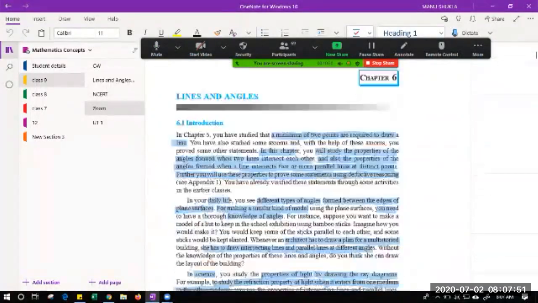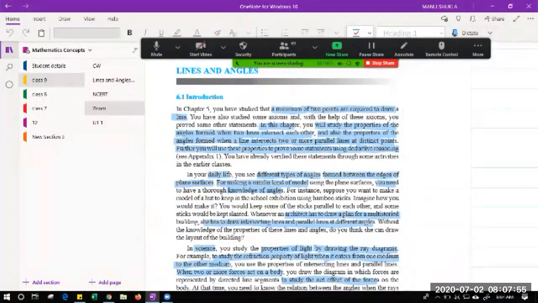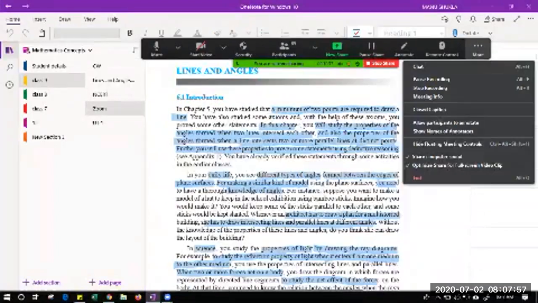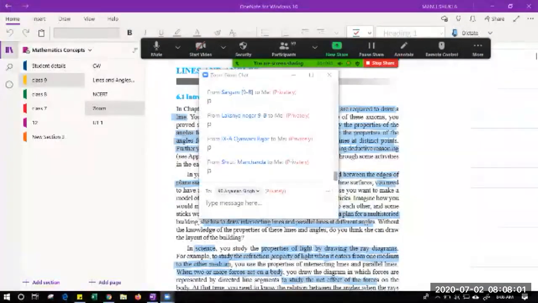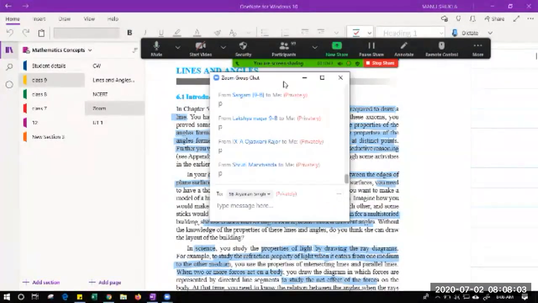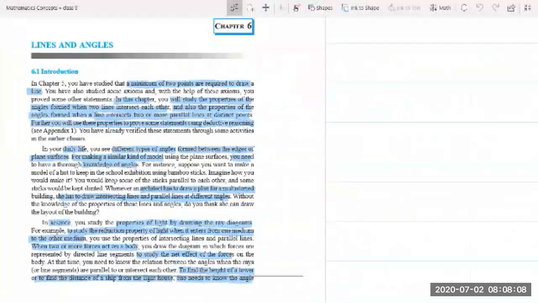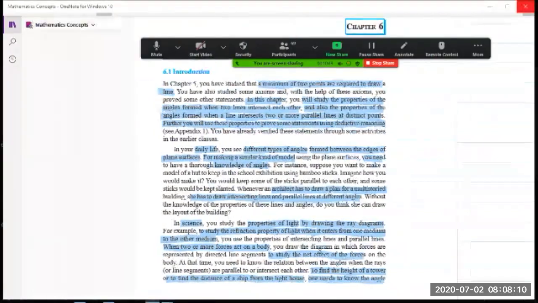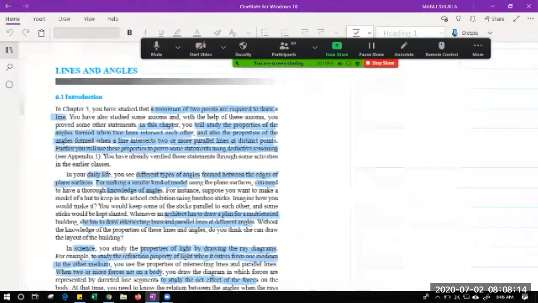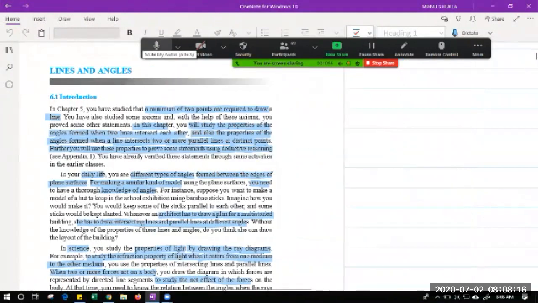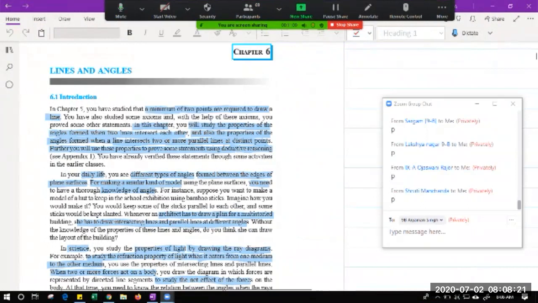Okay, let's see. Let me open your chat window also. The chat window is not visible. Okay, it's here. Good. It will not come in full screen, the chat window is coming only on this screen, so let me close this. Don't worry, in some days we will be habitual with all these things.